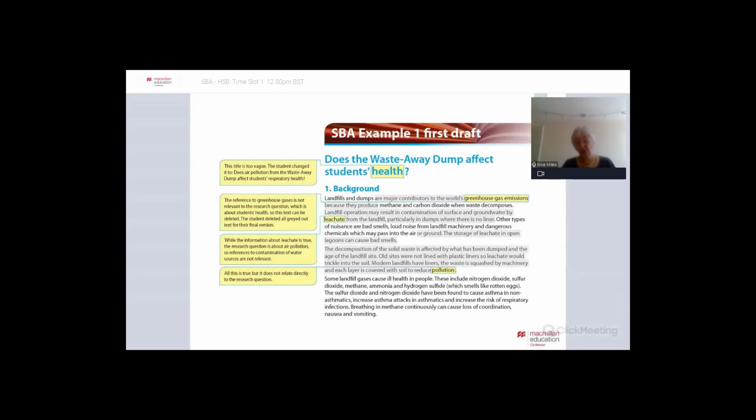And so there are 2 extra things there. The fact that it's air pollution, not groundwater or anything like that. And we want to concentrate on the idea that student was coughing. And so we're talking about respiratory health. And then